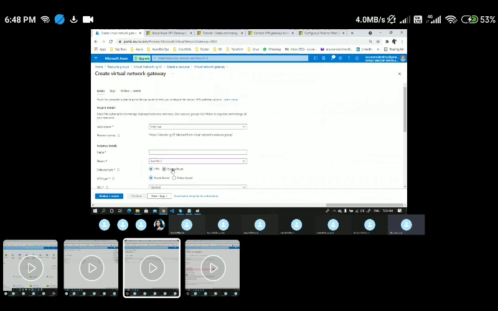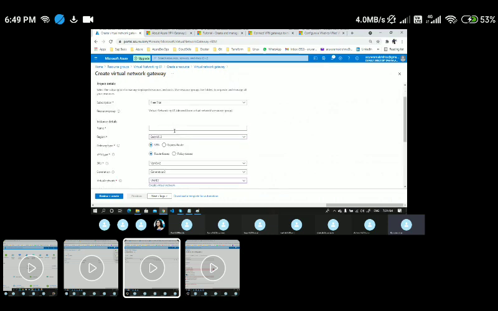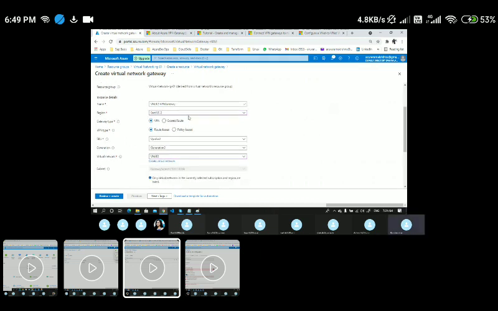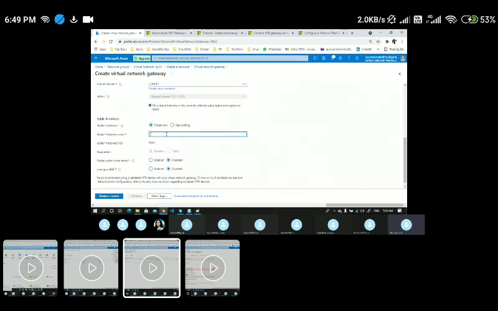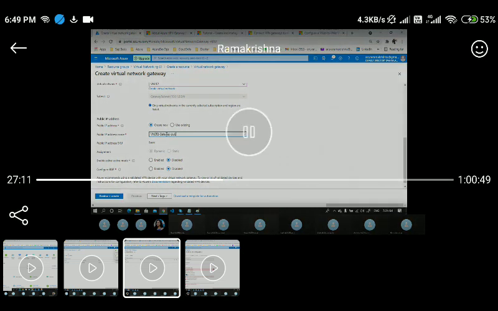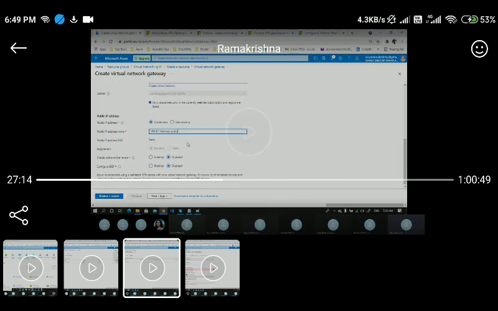So this VPN gateway I wanted to attach it to the VNet 2, and here I'll just name it as VNet 2 VPN gateway. Okay, and for the rest of the options, VPN type I'm going with VPN, and VPN type I'm going with route based, and I'm going to create a new public IP. I would say VNet 2 gateway public IP, I will say.